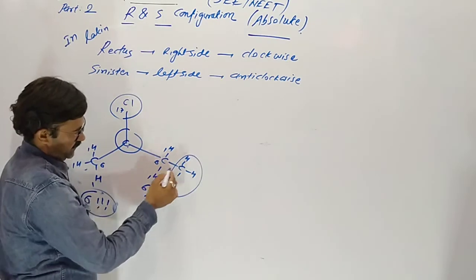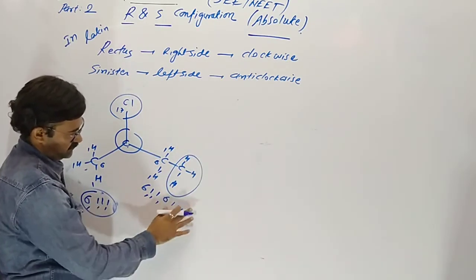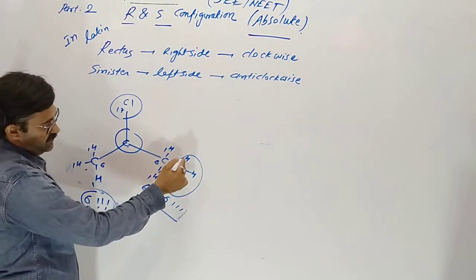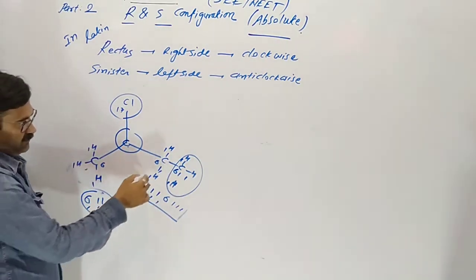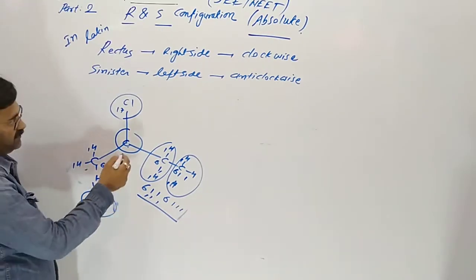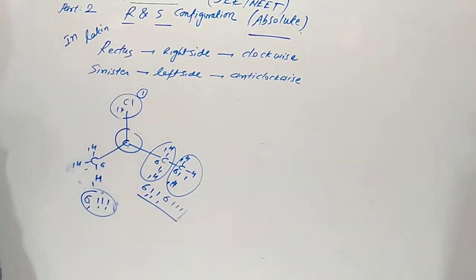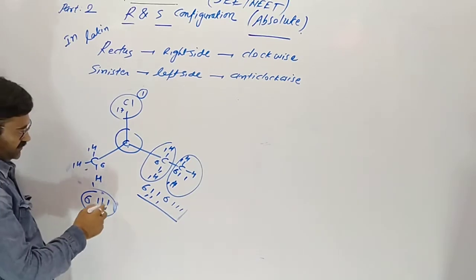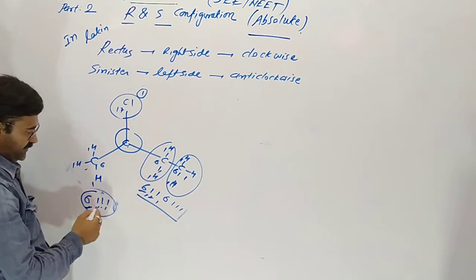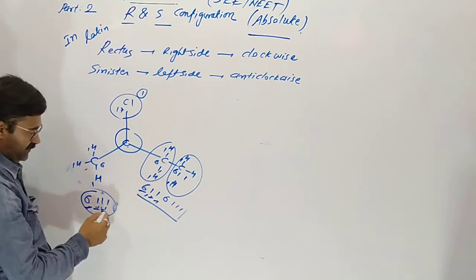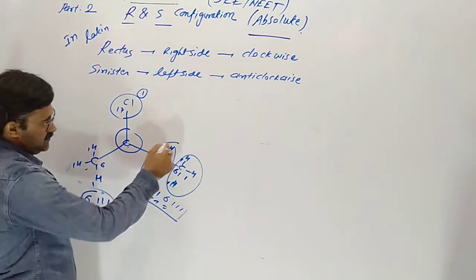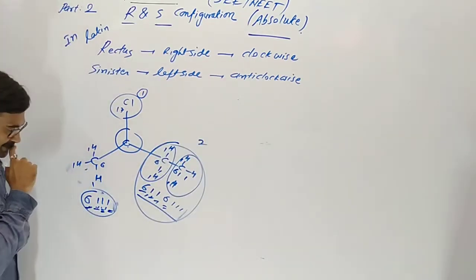Then after a new carbon means a new group. So this is called 6, 1, 1, and the other is 6, 1, 1, 1. Complete this part first, then the other part. So here chlorine stood first. Then 6, 1, 1. If the first digit is the same, we have to check the second. If the second is the same, then the third, then the fourth one is 6 and here is 1. So this is our second number.